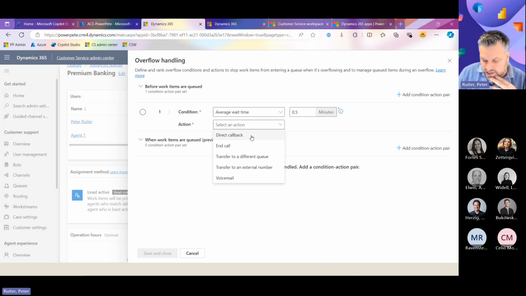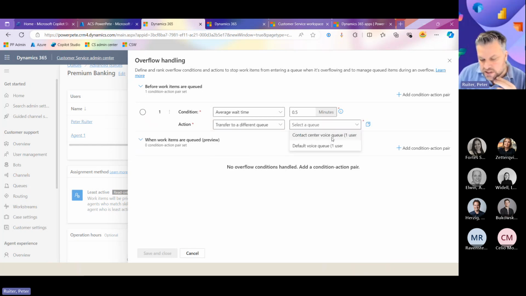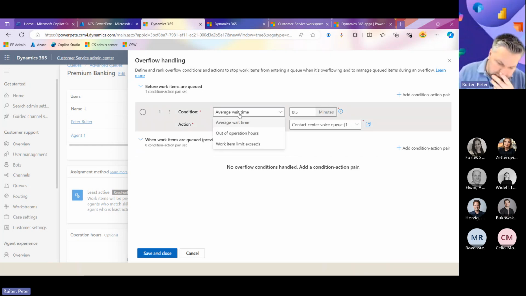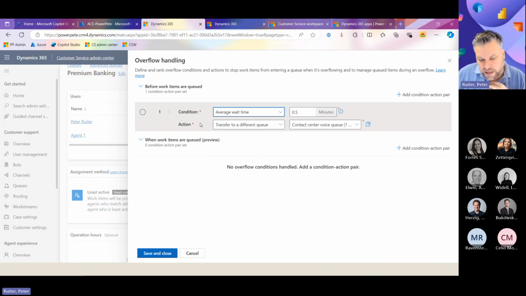Mind that this is a pre-routed overflow handle, right? So the work items are not yet in the queue. These conditions will be tested before it actually is being put in the queue. That means that this is, well, I would say not that great of a metric, meaning that if